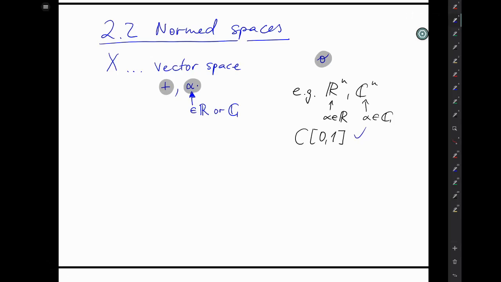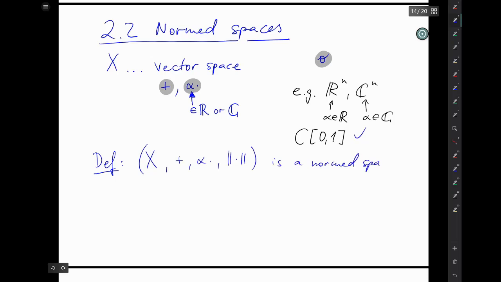So what is a normed space? In a normed space, you even have more structure. You do not only have plus and alpha times, you have one more feature, and that is a norm. That's where the name comes from. Okay, so that is worth a new definition. X together with plus and alpha times, and this thing that we call a norm, is a normed space